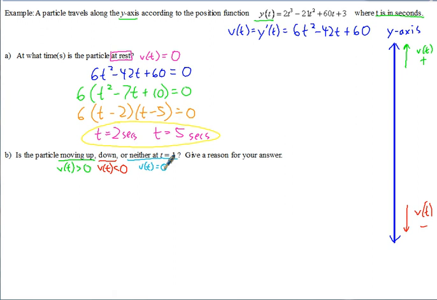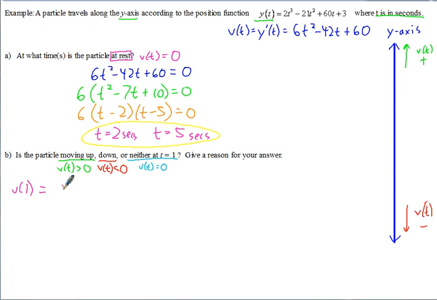But we know it's not 0 at time 1 because we just solved for that. When velocity is 0, it's at time 2 and 5. So it's got to be either up or down. So then we're going to give a reason for our answer. All we have to do is plug in time 1 into our velocity function and see if it makes it positive or negative. So v of 1, we already have v of t right here,